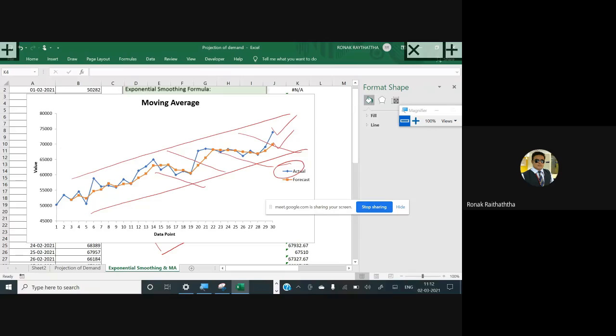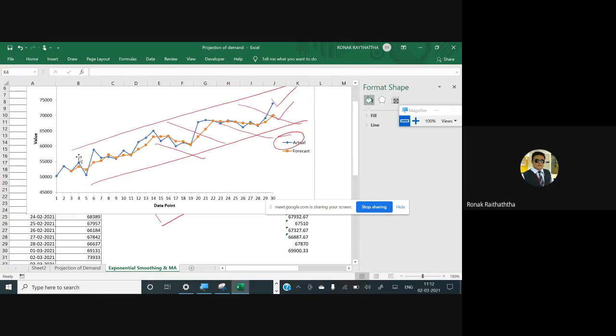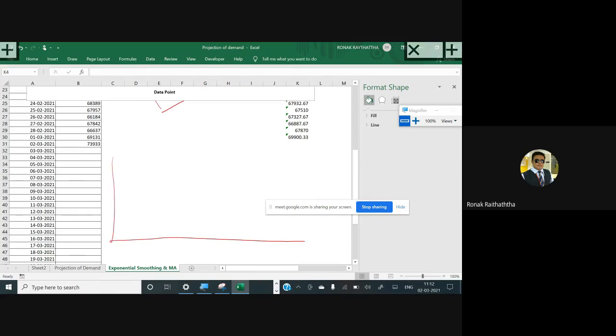Now in finance, we generally take 50 days moving average and 200 days moving average for the analysis purpose. That is a very practical guidance I'm telling to you right now. If you have the stock prices like this, and say this is the 200-day moving average, and say this is the 50-day moving average. So when the 50-day moving average is crossing over the 200 moving average, at that time you become bullish, because what does it tell you? That 50 days momentum is quite stronger as compared to 200 days momentum.